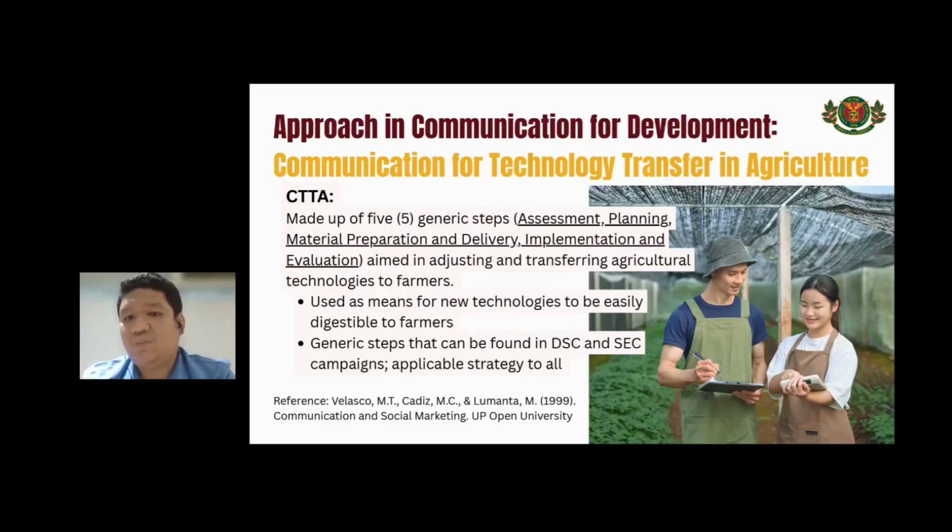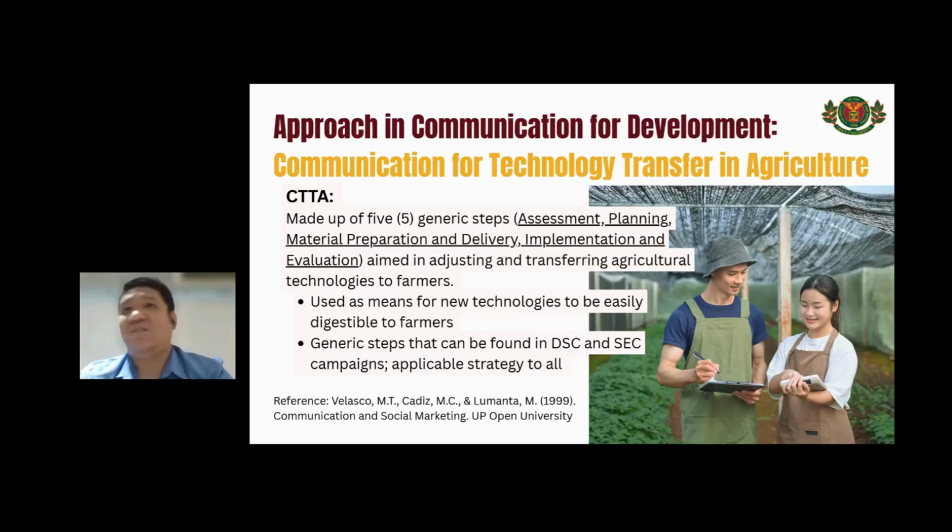So based on the experience of people who are doing CTTA before, for agricultural means and for farmers, new technologies are hard to really explain or hard to educate to grassroots level people. So in order to make it a lot easier, a lot more palatable to them, they use this approach